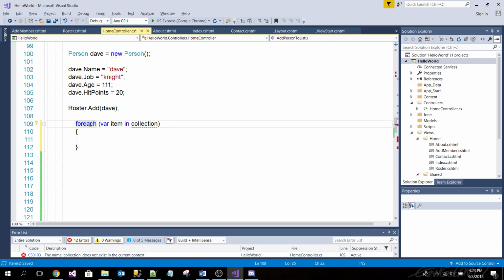Okay, say it. For each item. For each item. Yeah, in the collection. In the collection. Okay. So again, leave this like this here, right? Okay, and just plug in whatever you're dealing with.